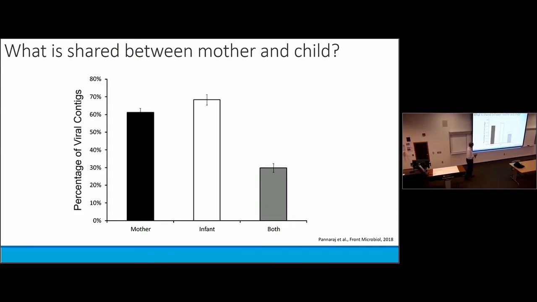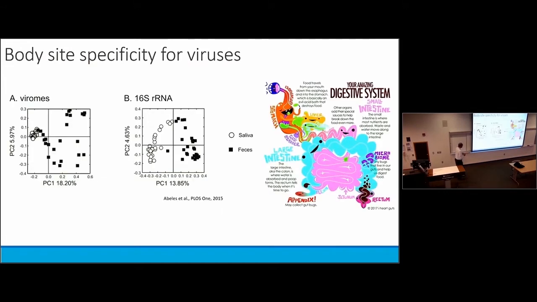And when we look at breast milk, about 60% we find only in the mother. In the infants, about 65% we find only in the infant. But what we find in both is about 30%. So it looks like there's about 30% of these viruses that are shared. That's not the conclusion you'd probably draw from the previous figure, but pretty much all of the myoviruses and all of the siphoviruses that are present tend to be the exact same ones in both breast milk and infant stool. Again, evidence that viruses can be easily shared even between genetically related individuals.